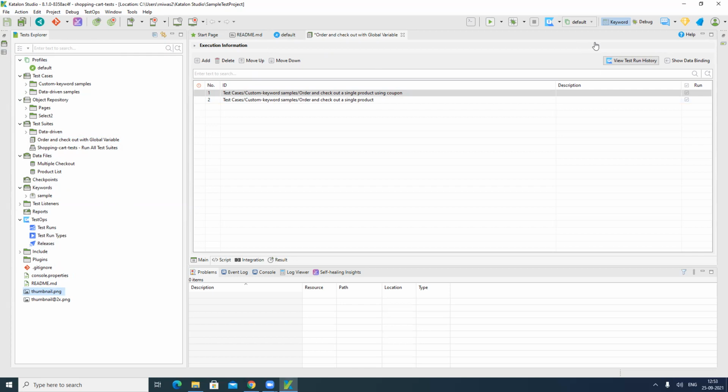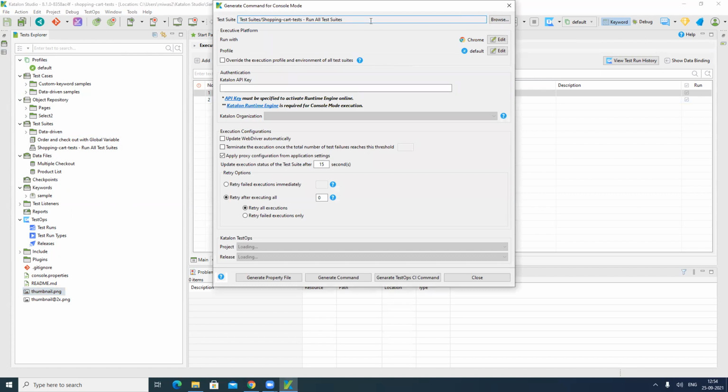Okay. The next is, if we see this top bar on the right side, the first icon is our build CMD. Suppose you have created your automated test cases. Now you want to schedule your test case and execute it in a batch. So it provides a very good spot for the command line interface as well. Just click on this. Now it will automatically generate a command script for you. How? Just give this. This is a test suite. You can browse your test suite as well, which you want to run and schedule.